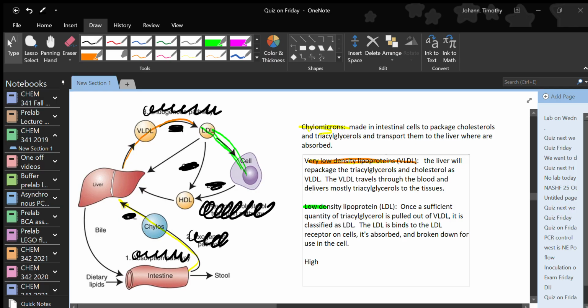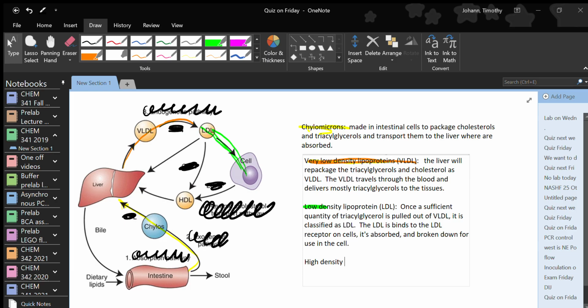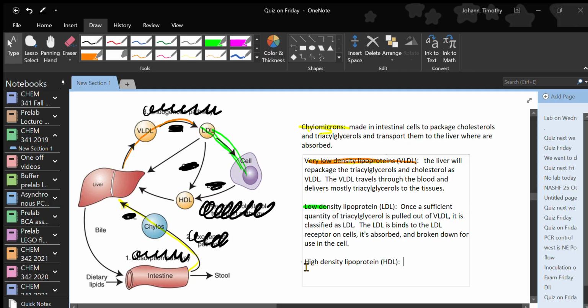High density lipoprotein. So when you have your test, your high density lipoprotein is the one that they call the good cholesterol, and the reason for that, so that's going to be here,